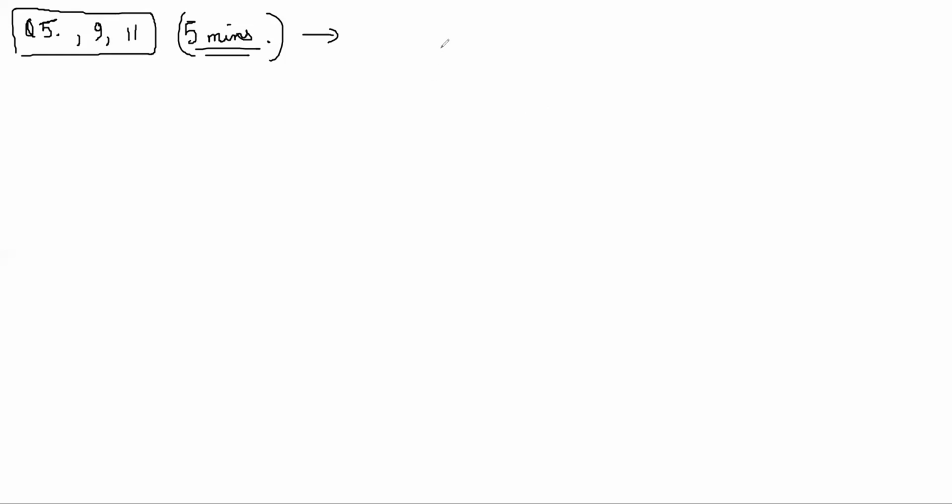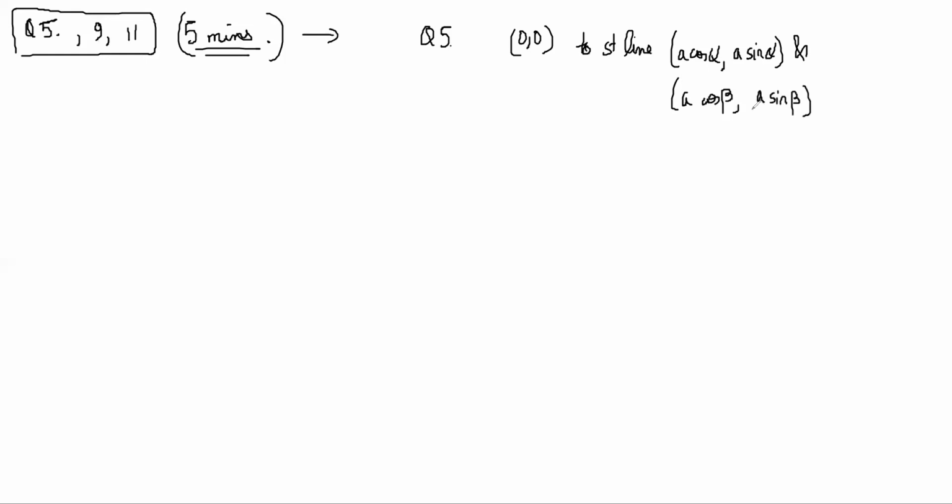So question 5, length of perpendicular from origin to the straight line joining the points a cos alpha, a sin alpha, and a cos beta, a sin beta. Okay, so what is the equation of the straight line? Let's write that first. y minus a sin beta is equal to